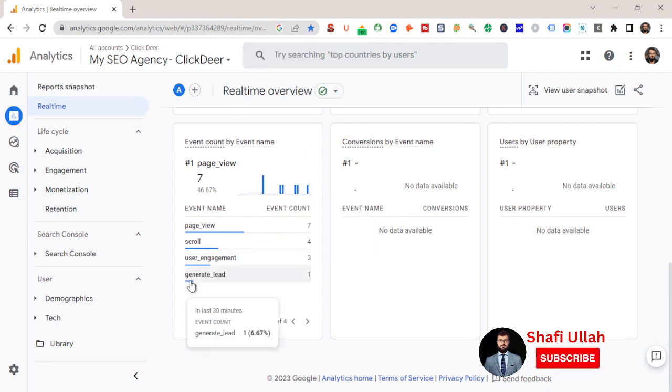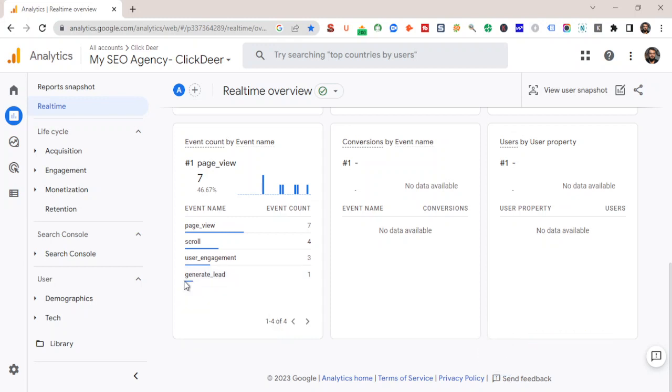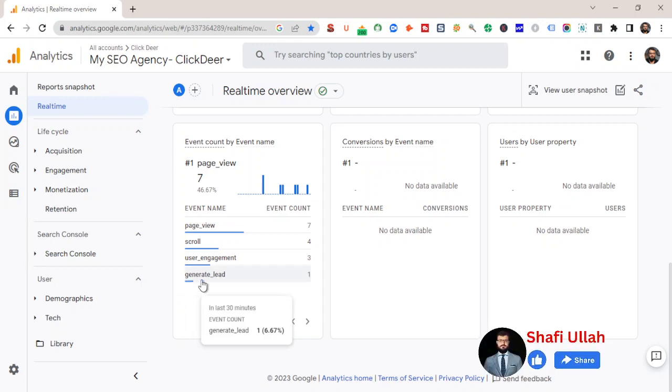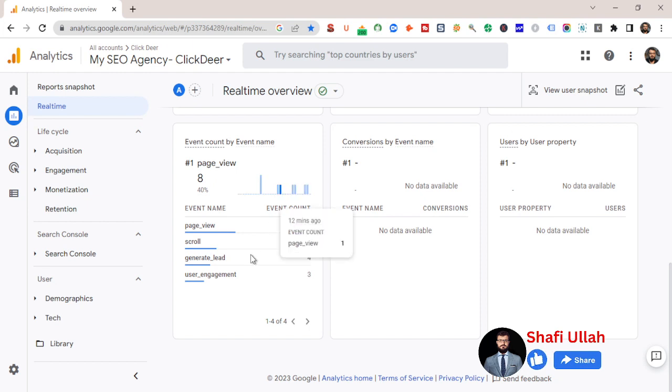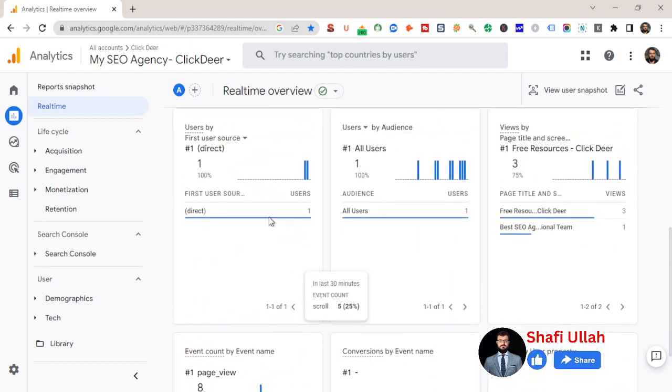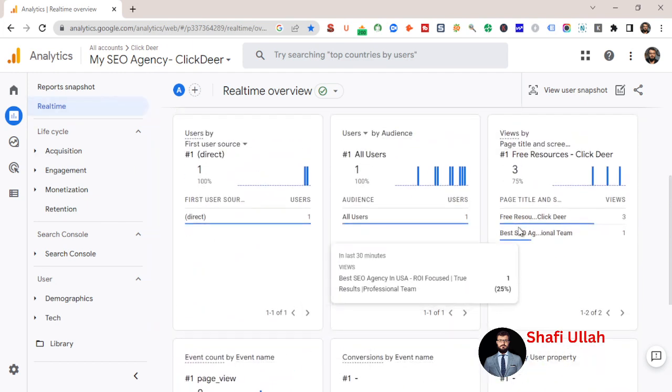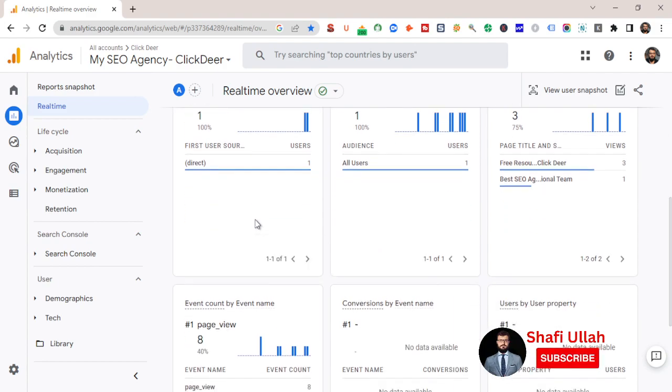So there you go. Like I said, this is the event that we have just set up, right? And it has generated this event as a lead. Okay, so now as you can see, the generate lead has been counted 4 times, which means we have got 4 events, right? And you can see it shows the data under the real-time data. Okay, so in the next tutorial we are going to